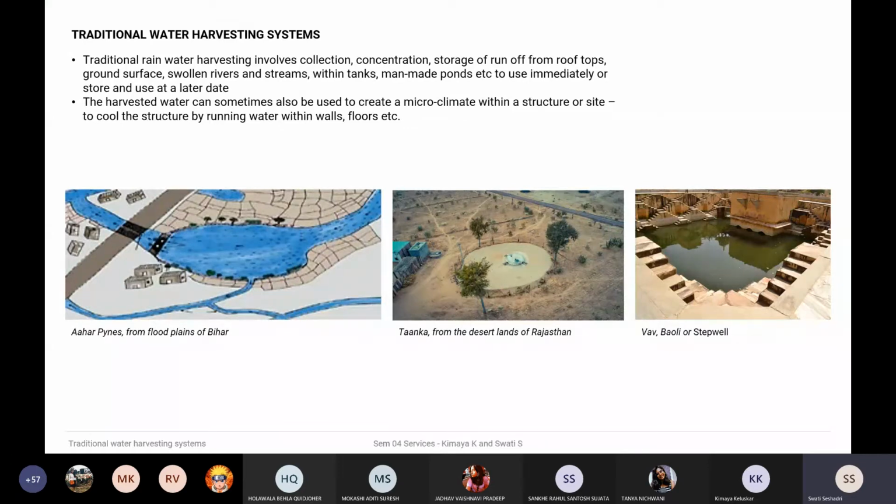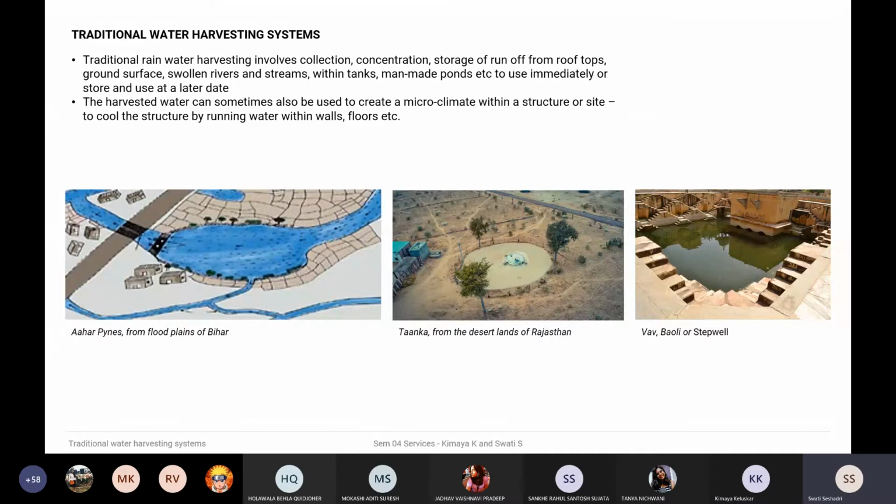And then you're looking at various step wells, or the baolis or the vavs, which I'm sure all of us have visited at least one of across this very landscape of India. Essentially you have a masonry or built structure around, and the bottom of it is going to be open, and depending on the requirement you're building it for and the idea behind building this particular tank, the depth and the various other built aspects of it will change.